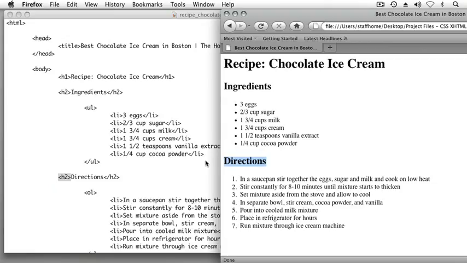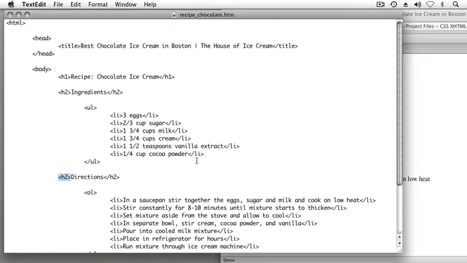The way that we'll do this is we will use attributes to modify the behavior of the heading element, which is defined with an H2 and closing H2 tag wrapped around the word directions. We're going to explore cascading style sheets in a future lesson in detail, but for right now we're going to look at a very small implementation of styles, and we'll do so by putting those styles inline in our